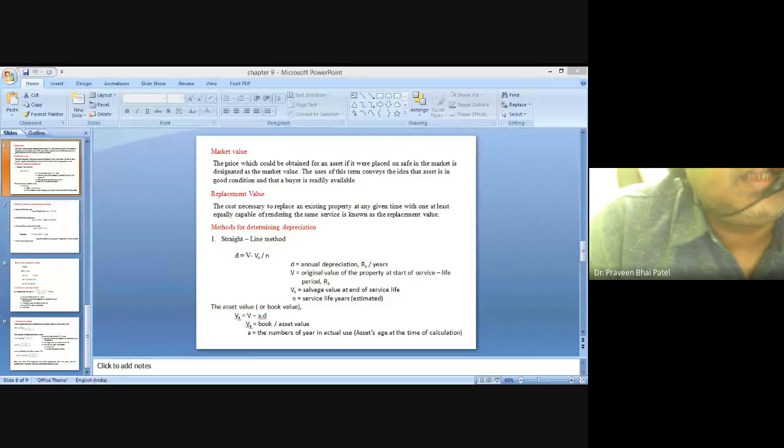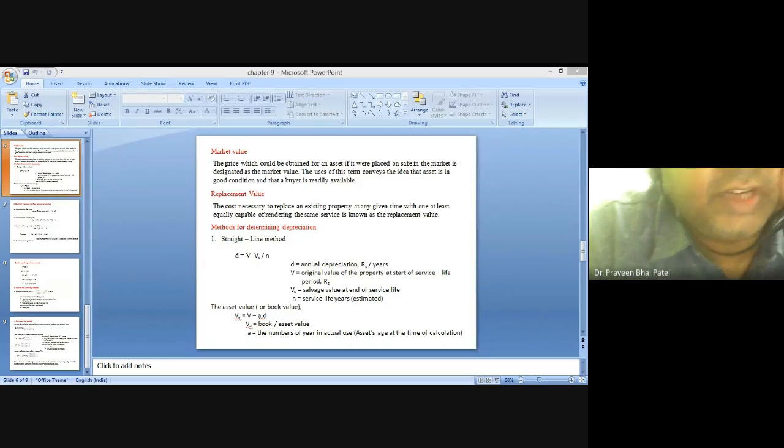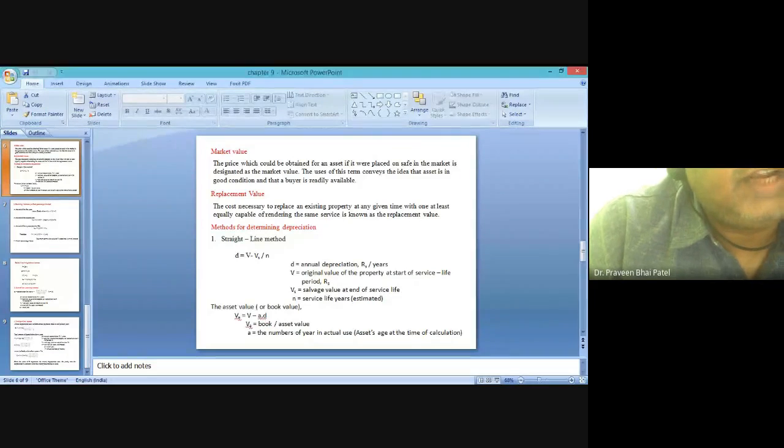Straight line basis is popular because it is easy to calculate and understand. Very much clear, because as we are doing the calculation in a straightforward format, it is very easy to calculate, and due to it being easy to calculate, it has a number of drawbacks. We will discuss the drawbacks one after the other after discussing the formula.